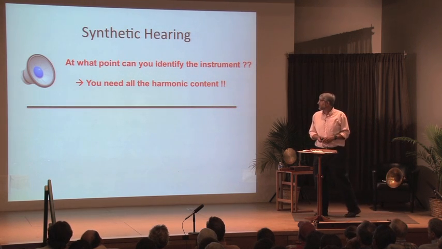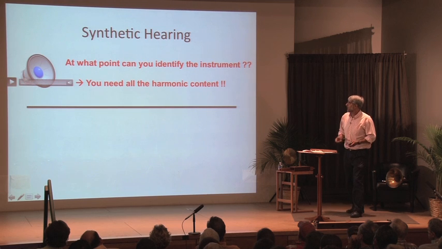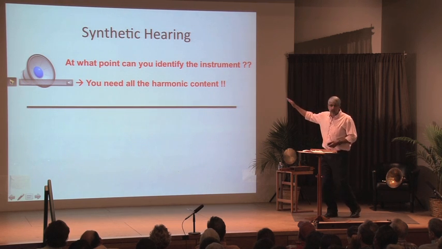Okay, so that's that. Two quick audio demonstrations. I'm going to just ask for a little help again. Before we start this, I want to think about this idea of synthetic hearing. I want to convince you that our ear hears not individual notes when we generate all of these harmonics simultaneously, but one tone. So what you're going to hear is a certain familiar musical tone. You'll be able to identify it by the end, but we're going to build it up harmonic by harmonic. You're going to hear additional harmonics, first an octave and then a perfect fifth, slowly added on to the top. You're going to begin to just synthesize it into one sound, and then at the very end, hopefully, it'll be clear what it is. Thanks.